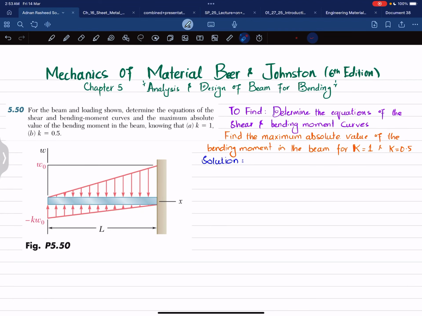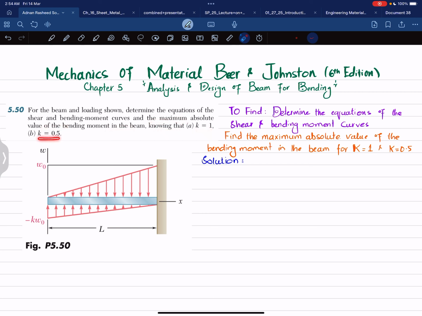Welcome back. In this video, we are going to solve problem 5.50 that is taken from chapter number 5, Analysis and Design of Beam for Bending, and the book name is Mechanics of Material by Beer and Johnston, 6th edition. So the statement is: for the beam and loading shown, determine the equations of shear and bending moment curves and the maximum absolute value of bending moment in the beam, knowing that K is equal to 1 and K is equal